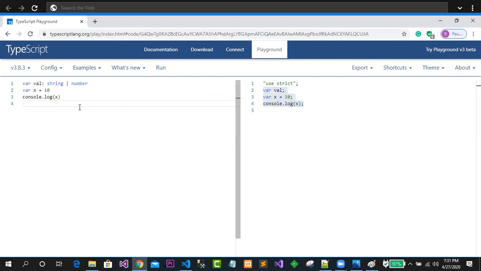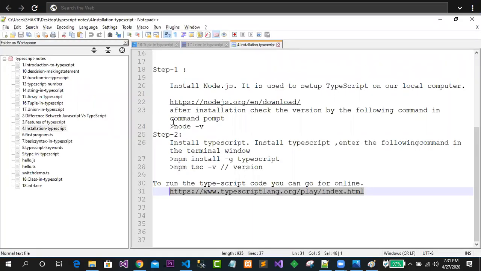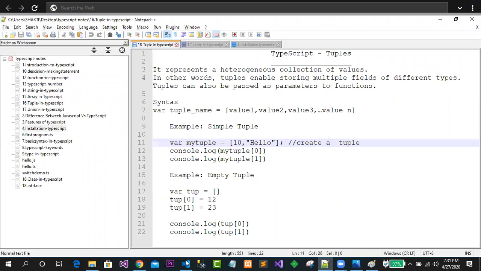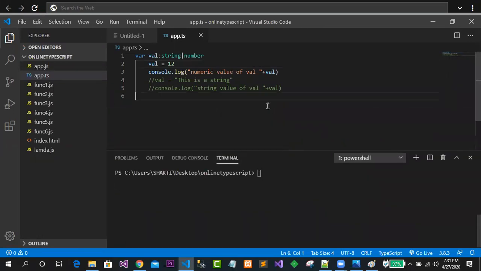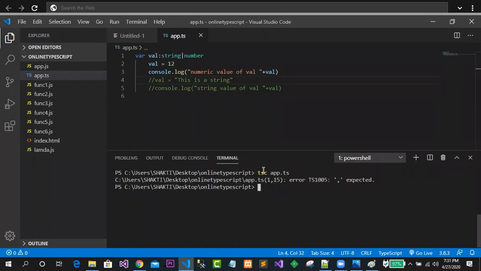But where the problem is here, we couldn't find. It is not taking this type. Let me clear all these things and start from the beginning. So why is it not accepting, guys? Again, we will see what the code is here, tsc app.ts. It is telling "comma expected." Where have we left the comma here?